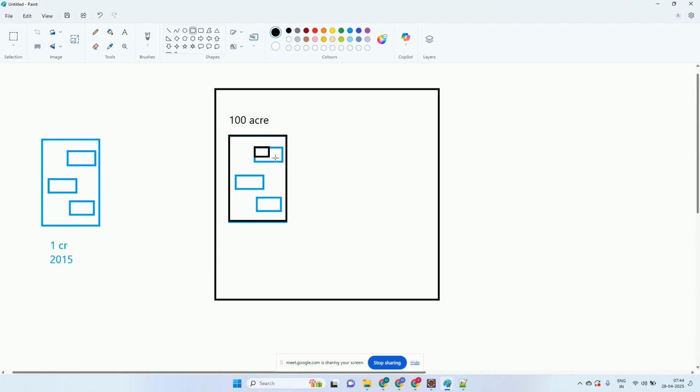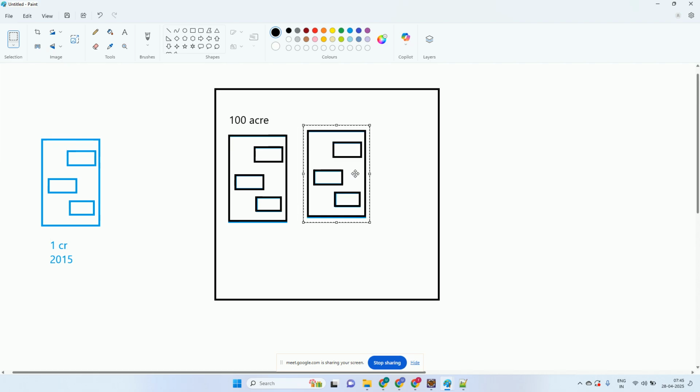In how many acres? So like this, how many buildings can he make in this land? One building takes 1 acre space. So he can make 100 buildings. Yes, no, maybe. Simple mathematics. And all those 100 buildings will look the same,